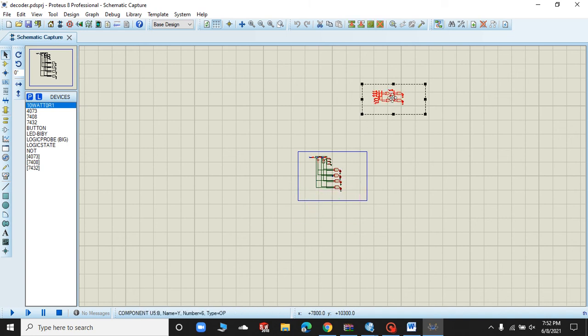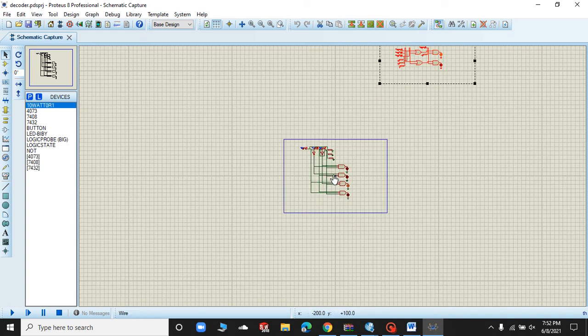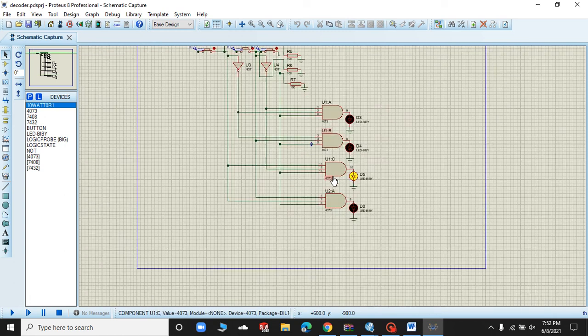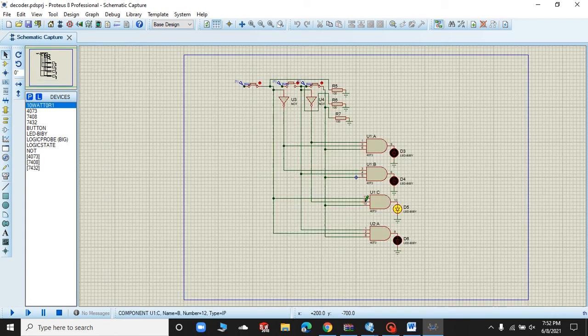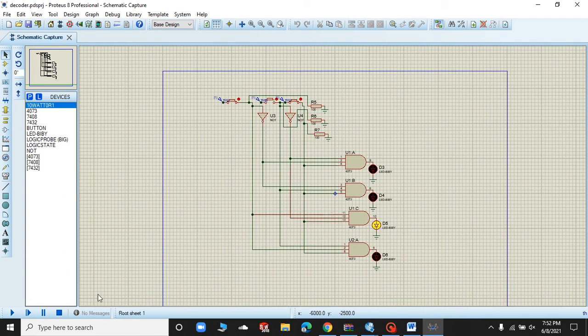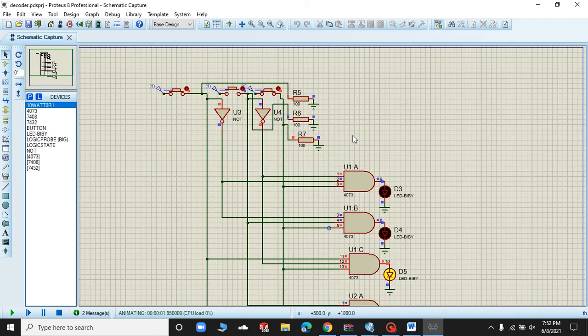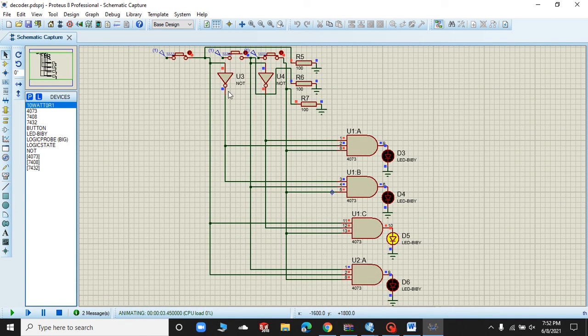I have made two circuits simultaneously so that I can show you the working and the simulation. When I run this circuit, it simulates in such a way. These are the switches and the NOT gates which are further connected to the AND gates. If the first and second switches are open and the third switch is closed, then I get a high output at the third LED, just after the AND gate, because the third input is 1.